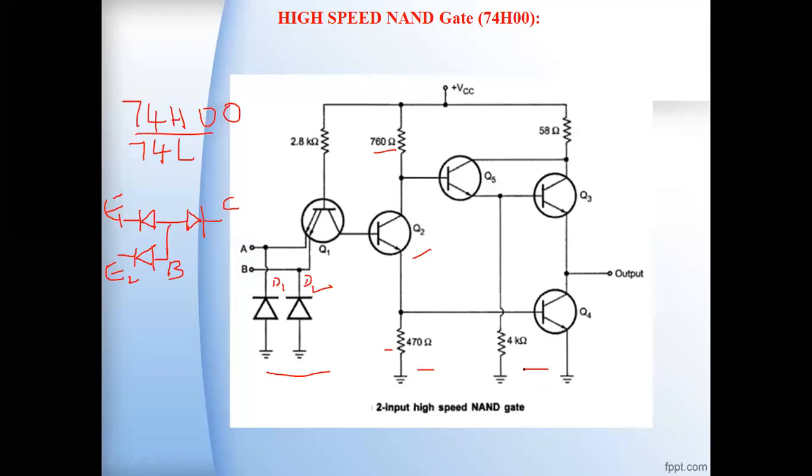And now coming to the third part of the circuit, the output stage. In this output stage, we have the transistors Q3 and Q4. At any time only one transistor is on. Therefore, Q3 and Q4 form the push-pull output. It forms the totem pole output here. That is, if the transistor Q3 is on, Q4 will be off. If the transistor Q3 is off, the transistor Q4 will be on. So that is the push-pull or the totem pole configuration.